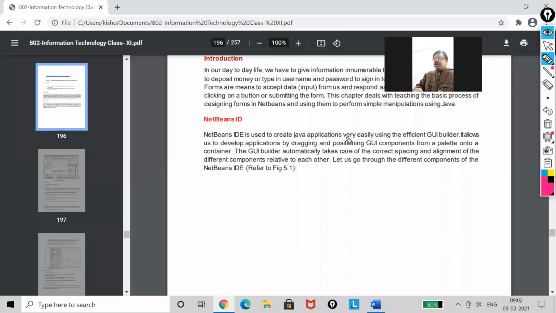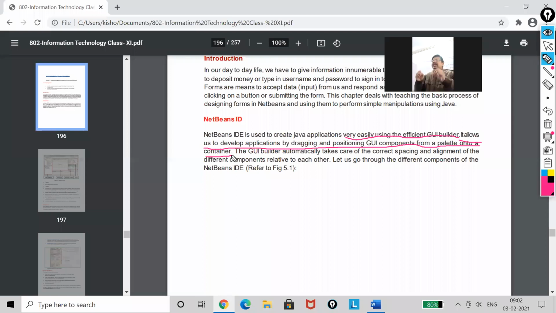Now, very easily using the efficient GUI builder. I will discuss what is GUI builder. It allows us to develop applications by dragging and positioning GUI components from a palette onto a container. Students, there will be different controls, and you have to bring that control onto your form.